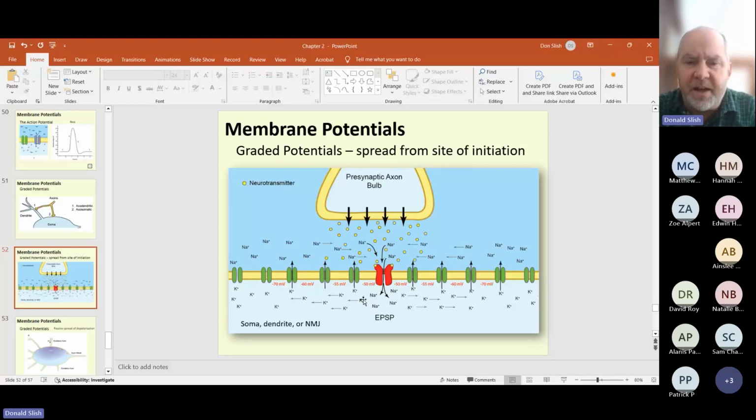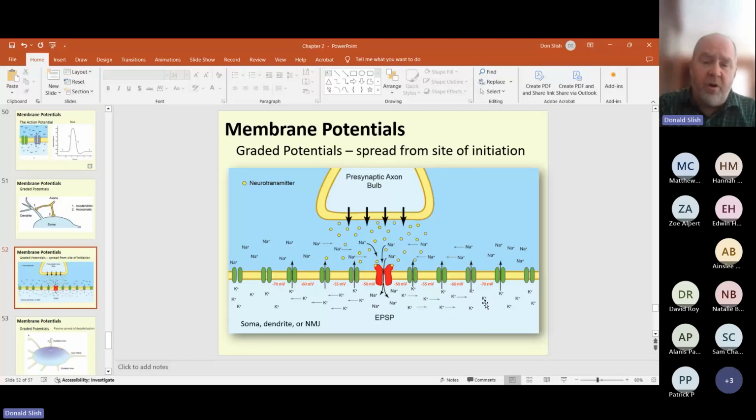The reason that's happening is you've got all these sodiums coming in. What are they going to do? They're going to find potassiums there, and because of charge repulsion, potassium moves away. Then that depolarization here, you can see -50, gets spread down the axon or the membrane. Although it's spreading down, it's getting weaker as it goes, right? Here, the excitatory postsynaptic potential, our EPSP, is -50 millivolts, come down from -70, right? But it's decreasing as you get further and further away from that synapse because you've got that leaked potassium